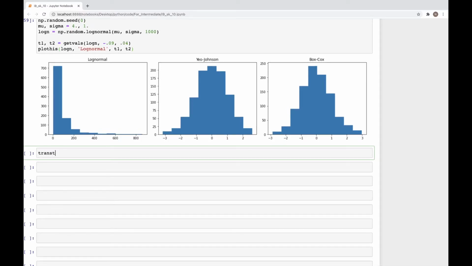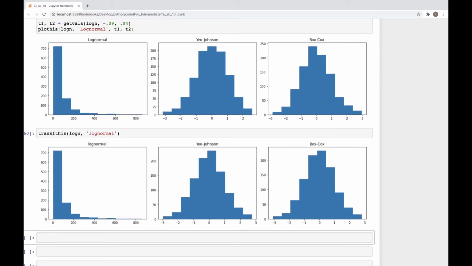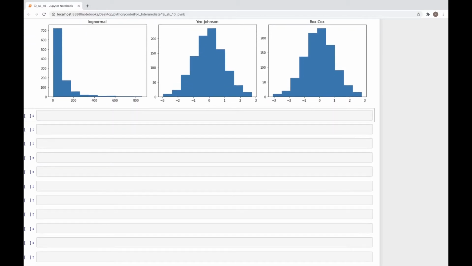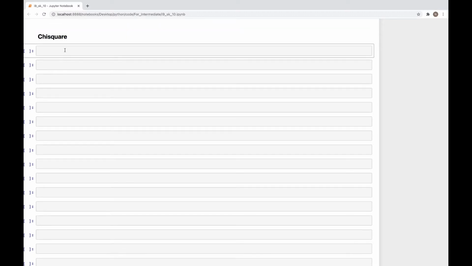And then we can use this transform function to use the power transformer functions from Scikit-learn to perform the transformation. And here, as you can see, both the transformation functions seem to be working correctly. So we can now move on to look at another distribution, which is the chi-square distribution, and see how we can transform that. So we have the chi-square distribution, and in this distribution, we again can start with creating a random dot